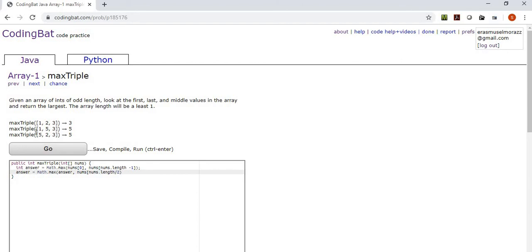Now if we have three values, that would be 0, 1, 2, 3 divided by 2 is 1, so that would be the middle. So it's just fine, just like that. Then we return answer,